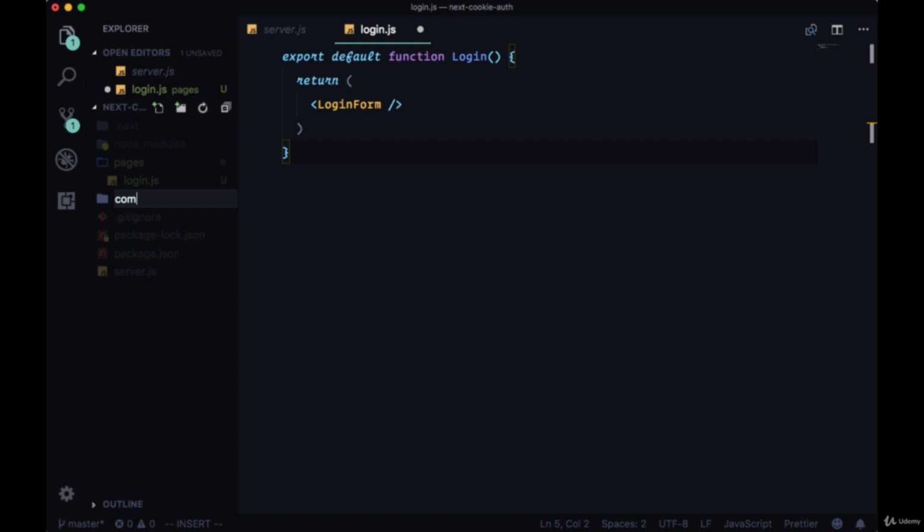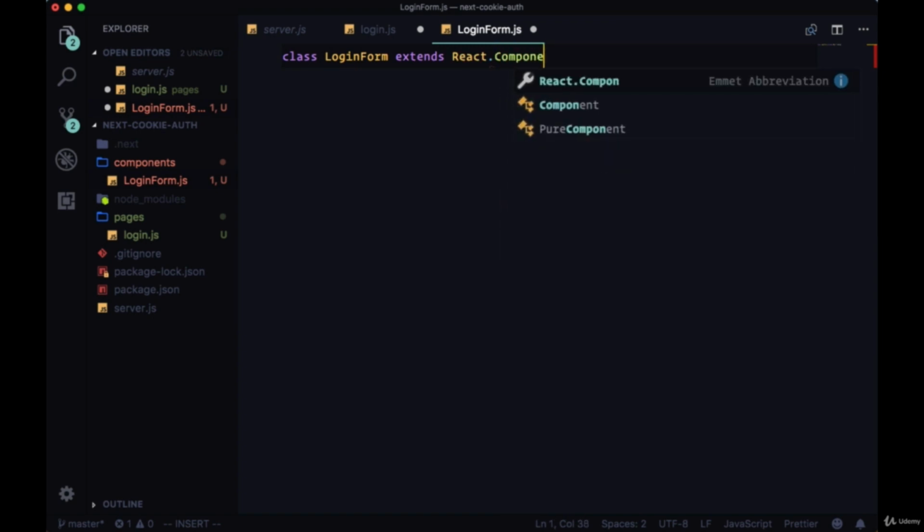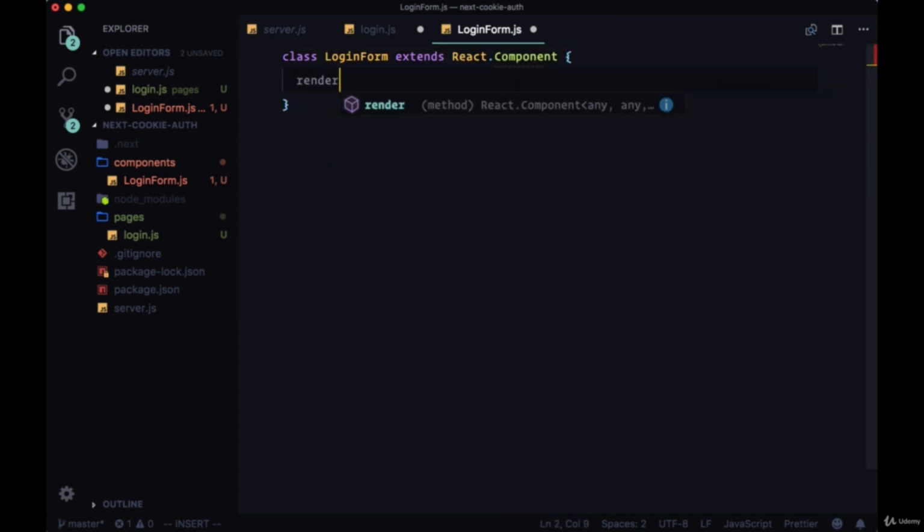Now we'll add our components directory. We'll add our LoginForm component, and this will be a standard class-based component. We need it to be a class in order to hold on to our form state. We'll say class LoginForm extends React.Component. We'll have a render, return, and for the markup for this form, it's going to consist of first a